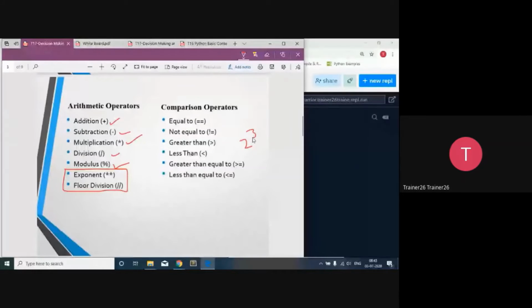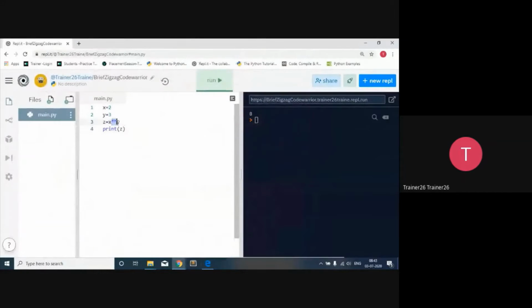And when I'm going to talk about the floor division, it is also the same, but the only thing is that over here, if I take 10 and 5 and make a floor division of it and print it, it will show the same result as a division.